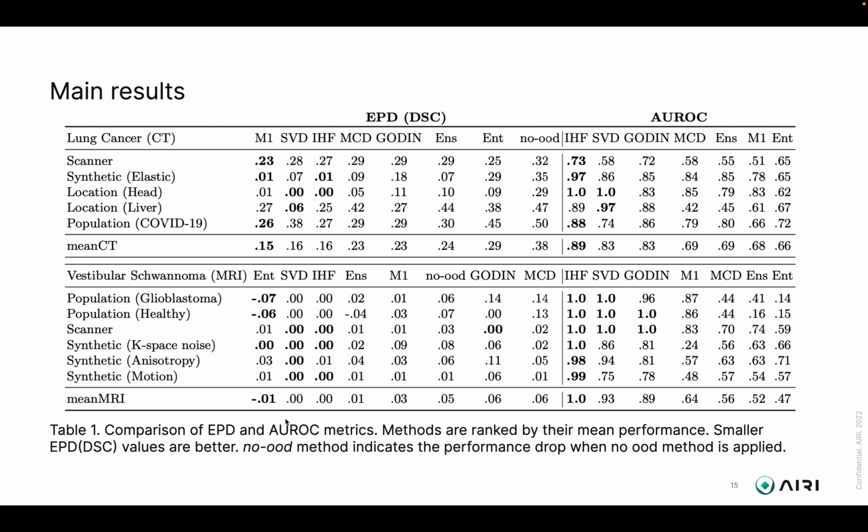Table 1 presents the comparison of ROC and expected performance drops of Dice score across all studied setups. There are two key observations that can be made from this table. Firstly, within our framework, we were able to compute a no-OOD score of potential performance loss if no out-of-distribution method was applied at all. This justifies out-of-distribution detection in most setups, as it allows to preserve the prediction quality.